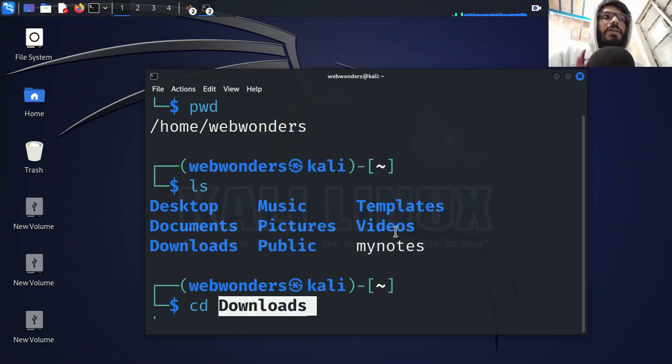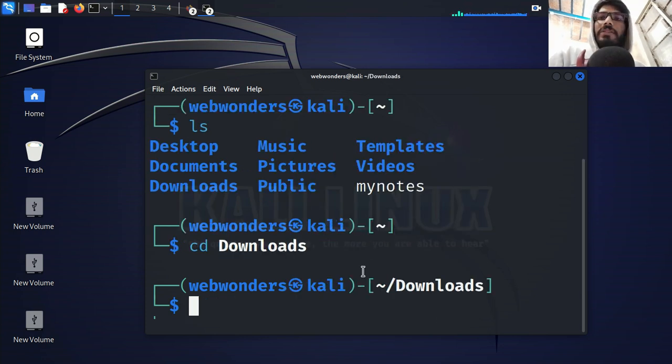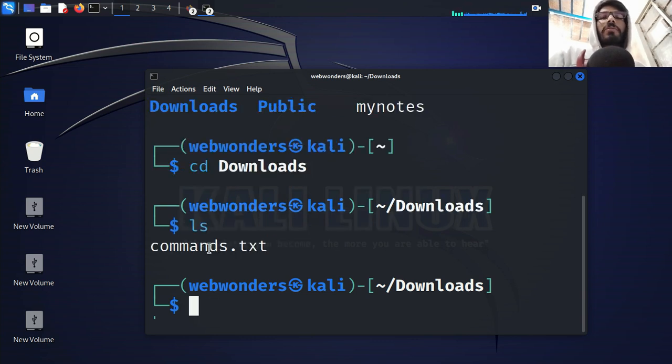Upon clicking on enter, you can see that we are inside the download directory using our previous command, which we have learned previously, which is ls. Hitting enter, you can see that the commands.txt is inside our download folder. In my previous video I have shown you that you can access this commands.txt file via